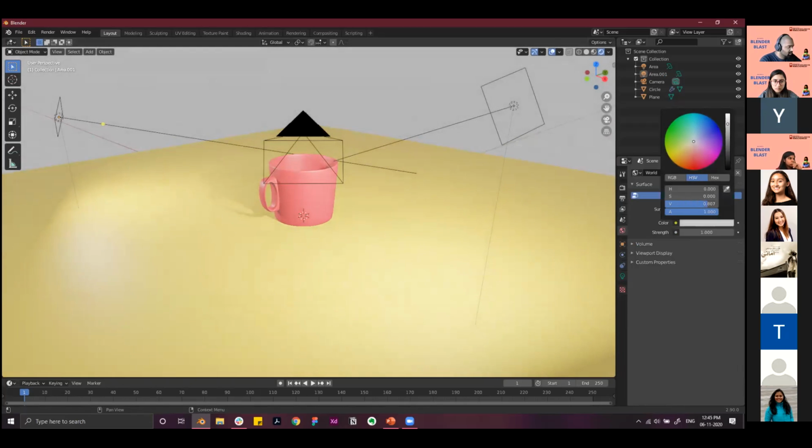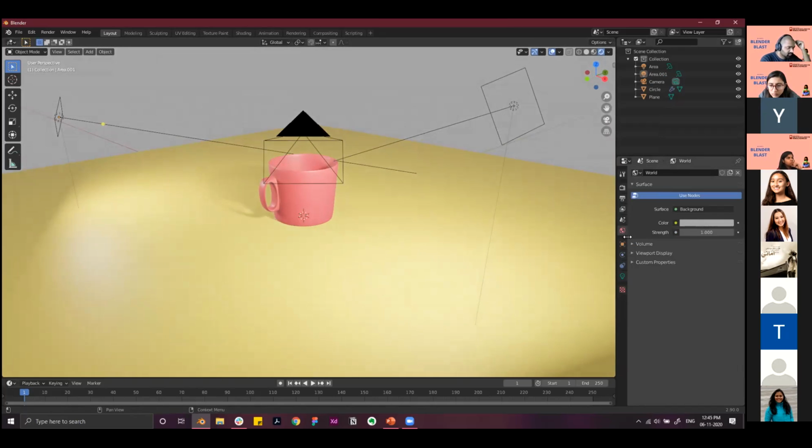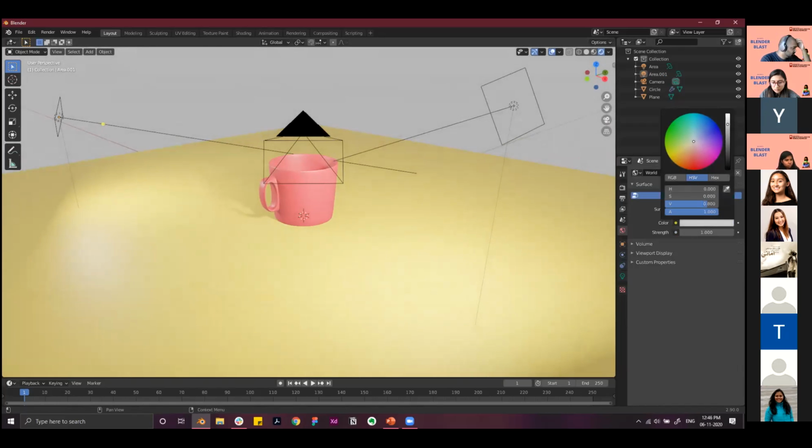You can also increase the luminosity of the surface by going to the world properties, which is a globe icon, then clicking on color, and moving the value for shading up a bit. So it'll look more illuminated.